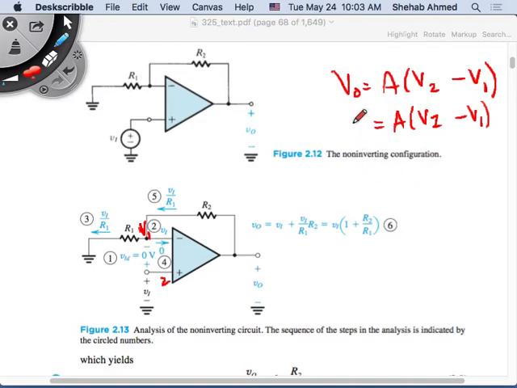So let's solve for V1. If A is finite, then V1 is equal to V output over A. Isn't V2 minus V1 equal to 0? V2 minus V1 equals 0, yeah, because of the negative feedback. The difference between them is equal to 0 because of the negative feedback, I agree. So V output is equal to, the open loop gain is equal to 0, yes, but